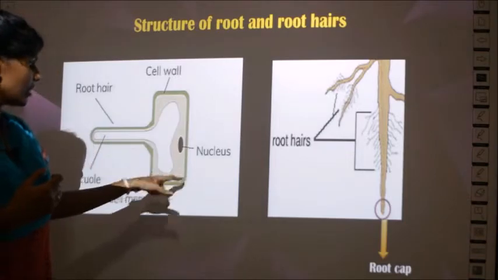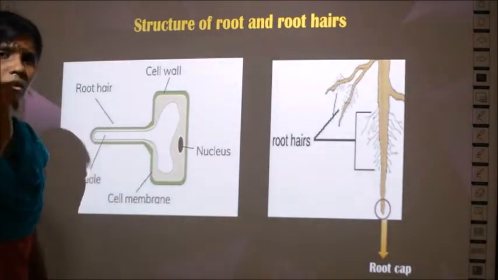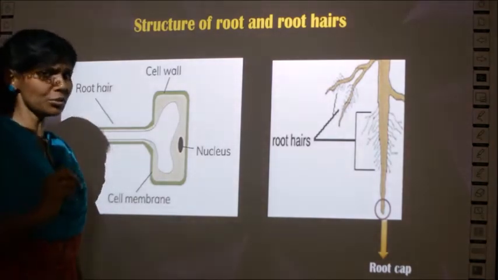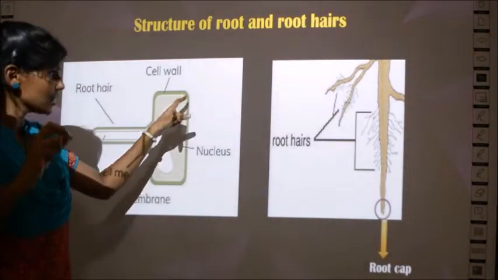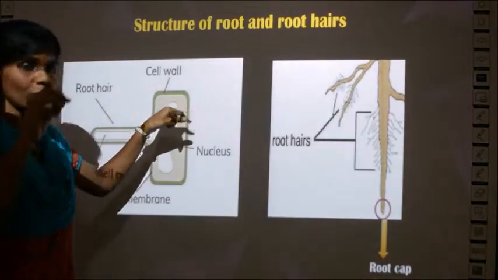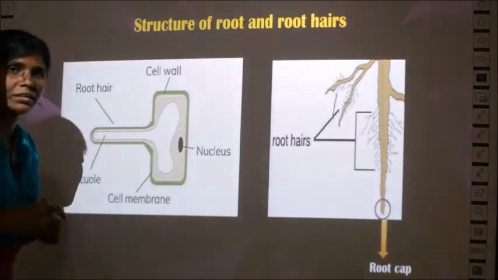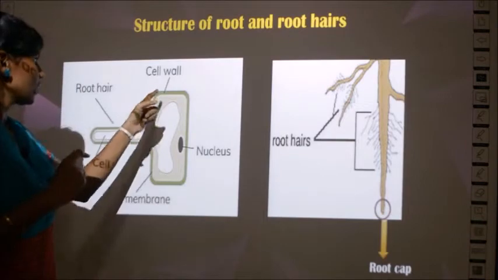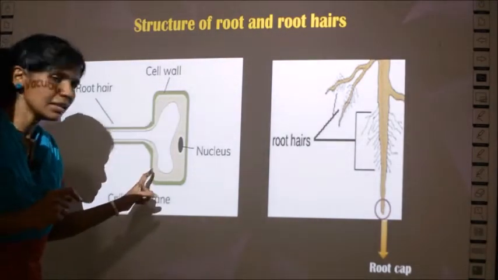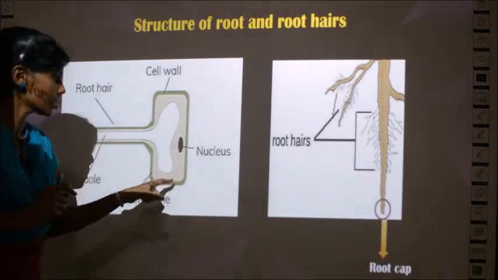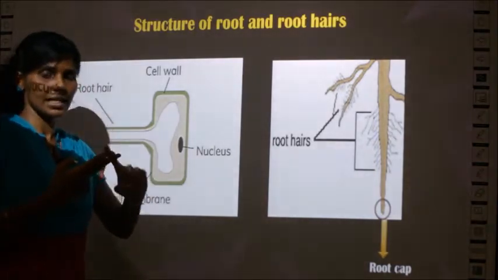First of all, you have a green outer covering. This green outer covering is also split into two regions, the outer layer and the inner layer. You have two lines for this green region. The outer layer is called cell wall and the inner layer is called cell membrane. Here it is marked differently, but the cell wall is the outer layer and the inner layer of that green portion is called cell membrane. So what have we studied? Cell wall and cell membrane.